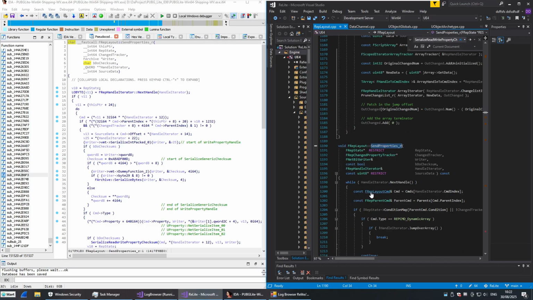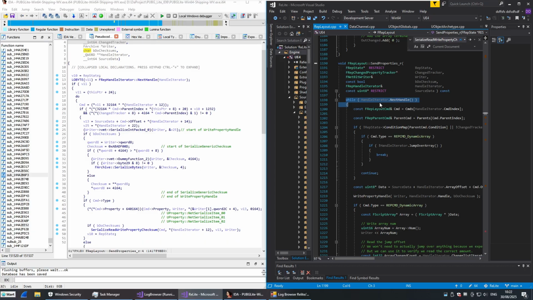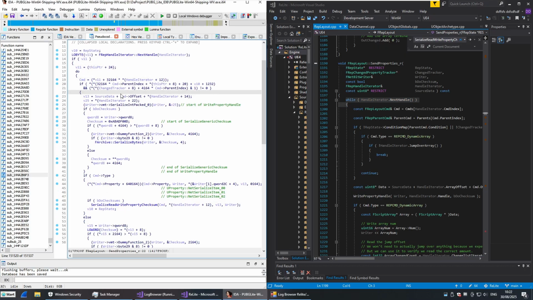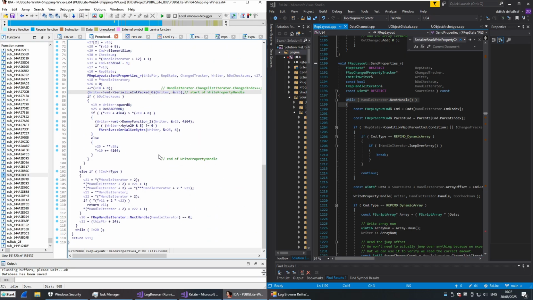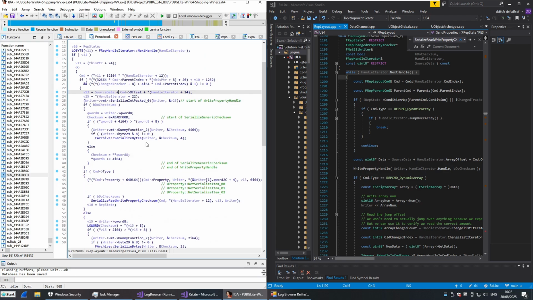Why is it not letting me go there? Okay. In here a lot of other stuff is inlined. This is mostly a big while loop, and because it checks the condition at the first start, it has to do it separately here. Then this is our whole while loop. The first thing we do here